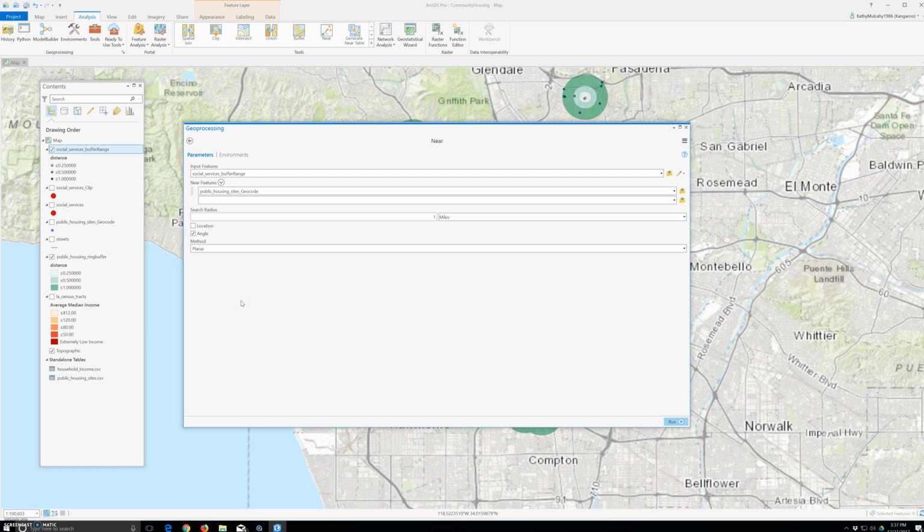And geodesic. So in the geoprocessing pane for input features, we did select social services buffer range, and then for near features, we did public housing sites, and enter search radius for